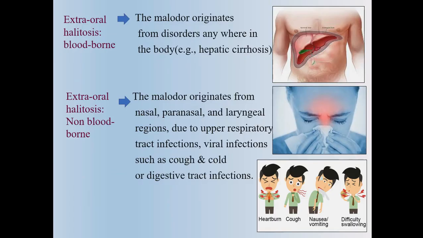Now here for your knowledge, I would like you to understand what extraoral halitosis is and how it is differentiated from intraoral halitosis. Extraoral halitosis is of two types, blood-borne and non-blood-borne. In blood-borne halitosis, the malodor originates from disorders anywhere in body. For example, hepatic cirrhosis. Hepatic cirrhosis is a condition in which the liver does not function properly due to some infections where the liver cells die, and due to that there is a typical foul smell that is coming through